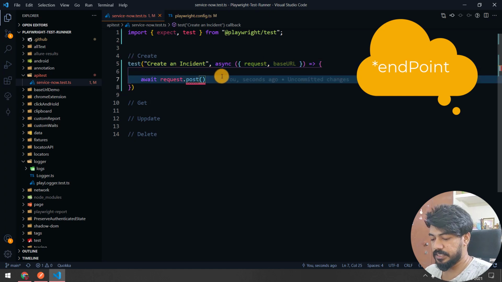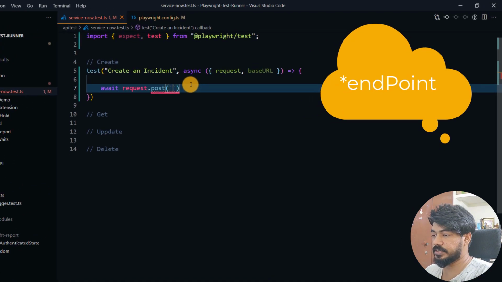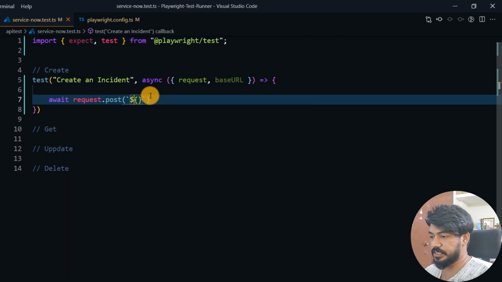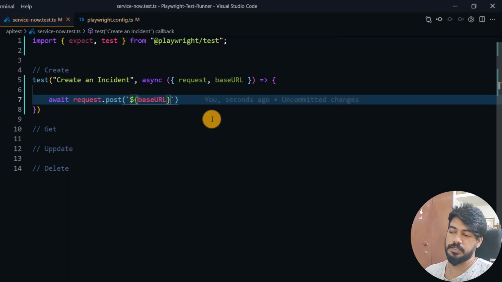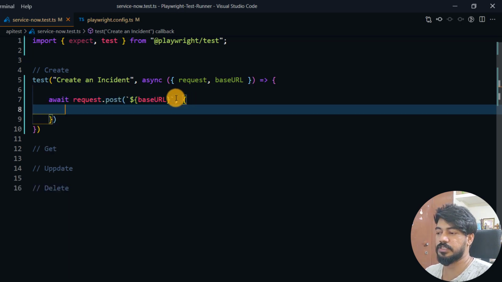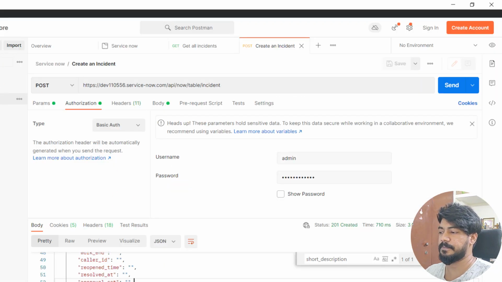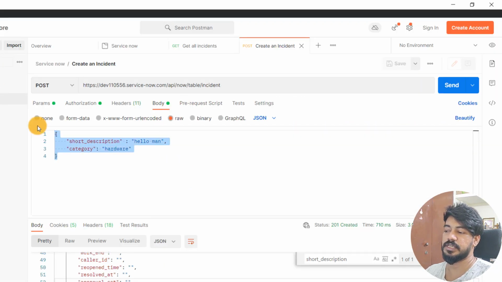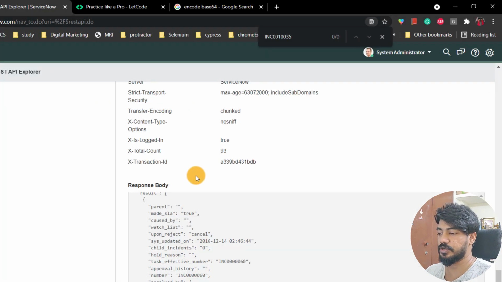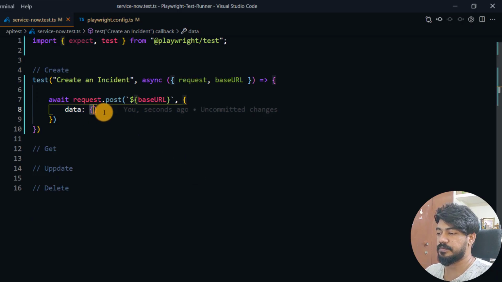Okay, and then I can use my backticks, and then I can select this is my base URL. Okay, so I'm going to create a request. So to create, of course, we have to pass the body, right? So what I can do is I can simply give here, and within the object I can say data, which is passing your body. Okay, and here I'm going to pass my body. I'm going to copy that from my postman. So here you can see I'm passing a JSON, right? So I'm going to copy that and paste over here.